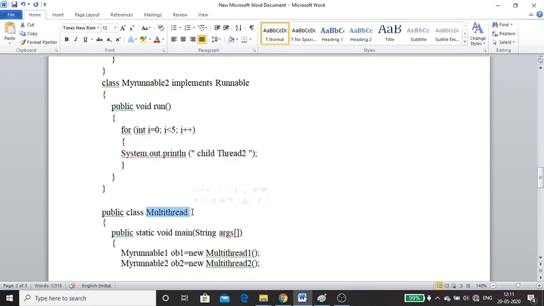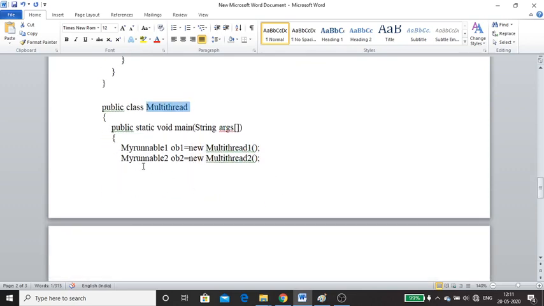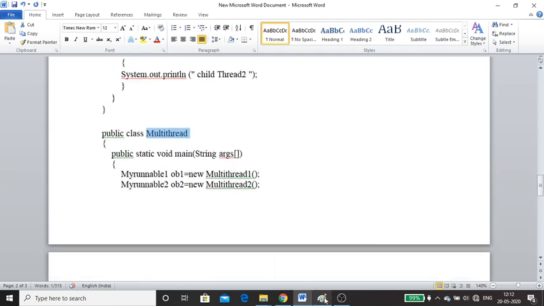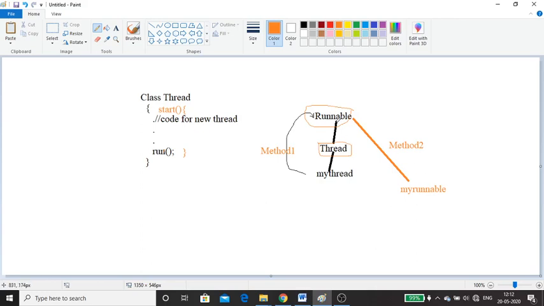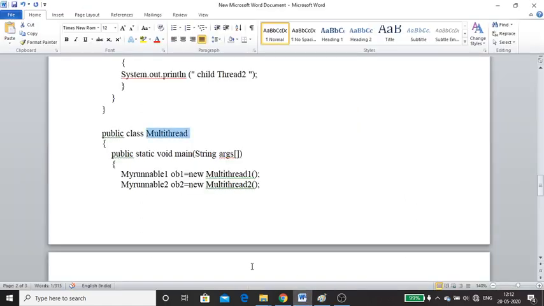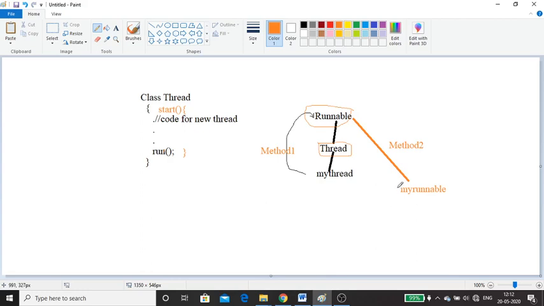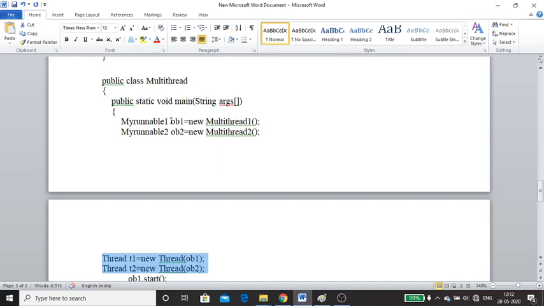Again, this one is also a user defined name. You can give anything. There's a public static void main. Again, we have created objects, and up to here it is the same. Now, since we are taking the help of the Runnable interface, and within Runnable there is no start method, a new thread will not be created. If you want to create a new thread, you have to take the help of the start method. To call start, you have to create an object of type Thread. So we have created two objects of type Thread. Now to establish a relation between your class and this one, we are passing these two objects as a parameter to the Thread class.